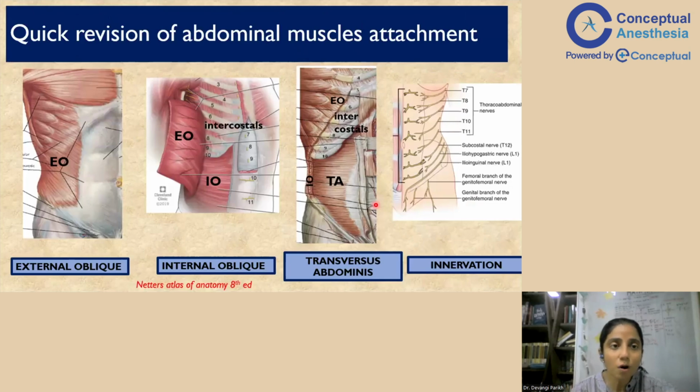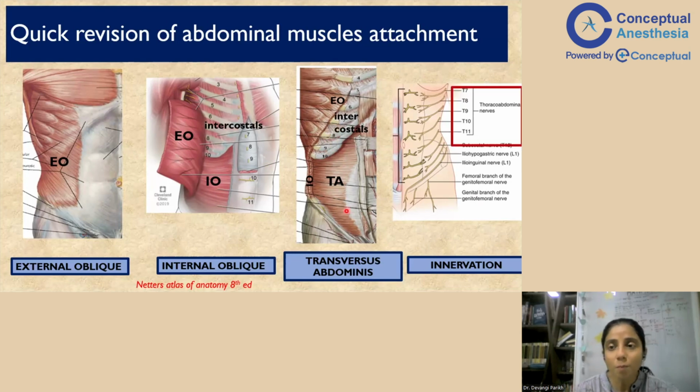Before we begin the new block, I'll quickly revise the abdominal muscle attachment. So we begin with the external muscle, which is the external oblique. It has attachments on the 5th to the 7th ribs on the external surface. Once we reflect the external oblique, in the thoracic cavity, we have the intercostal muscles, and in the abdominal cavity, we have the internal oblique. Now, this internal oblique is going to attach to the inner surface of the ribs. Once the internal oblique is retracted, we get the transversus abdominis muscle that also attaches on the inner costal margin. All right. And the intercostal muscles are anyways there.